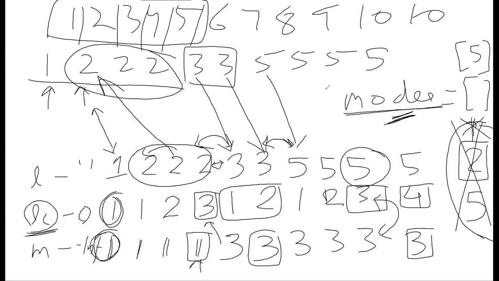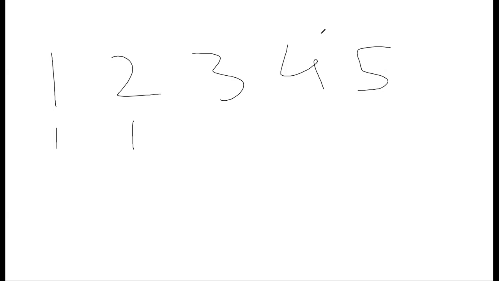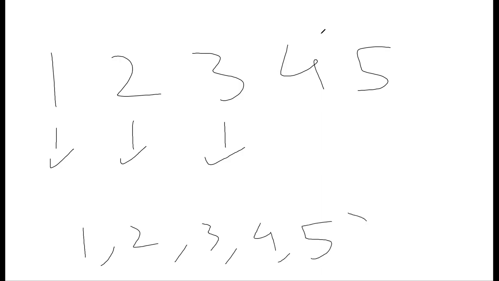Yes, but let's say you go from left to right, 1, 2, 3, 4, and 5. The mode of 1 is 1, the mode of 2 is 1. Now you go to 3. The mode of 3 is also 1. Then I think you can discard the first two modes because they're no longer relevant. No, because till now they are also modes, right? In my result set, I need 1, 2, 3, 4, and 5. All of these will be final modes.